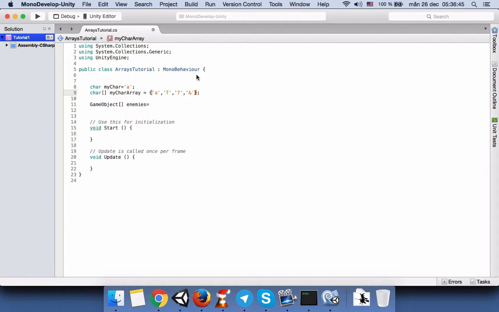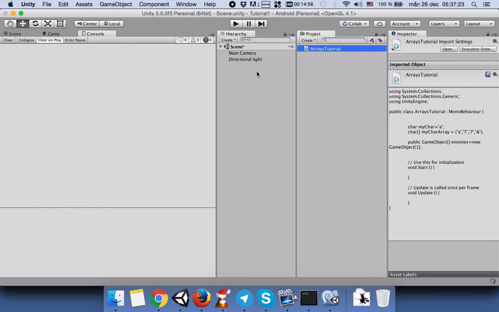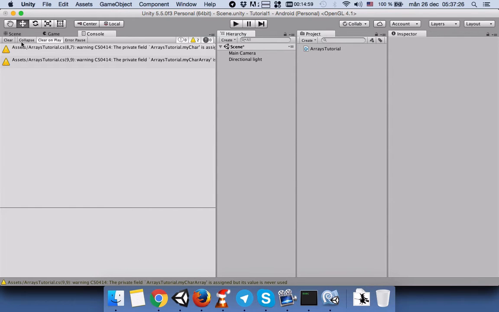And here we can write it like this, but another convenient way is to say new game object, and then semicolon. This will create the array, but we need to give it a size. We can say that the size is 1, but we can increase it later if we make it public. Now the game object array is private, but if we make it public and save it and come back to Unity,